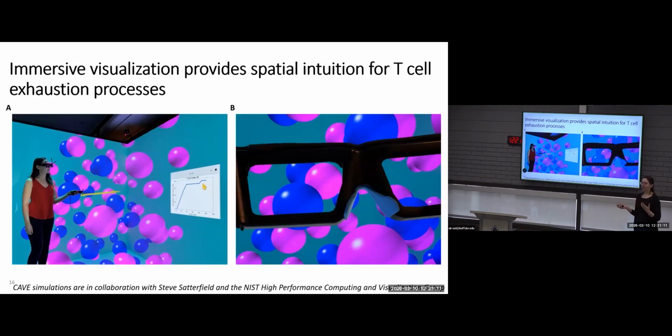And it was so valuable for being able to see, for example, if we have one random exhausted T cell and we want to see why, like who is it interacting with? Like what cancer cells is it getting stuck between? Like why would this behavior look the way it does? It was amazing to be able to really zoom in and out of the solid tumor and track those individual cells in the center of the tumor, looking through time and space. So very excited about the potential of hopefully continuing some of this virtual reality research.